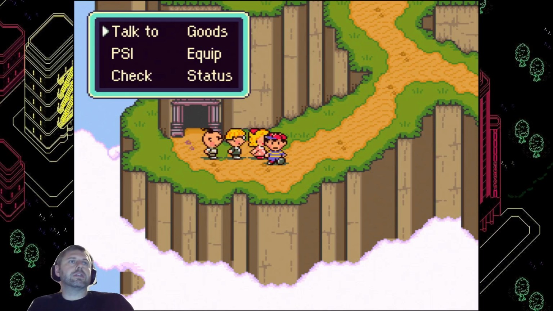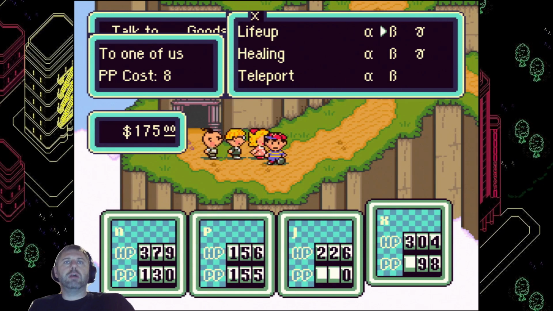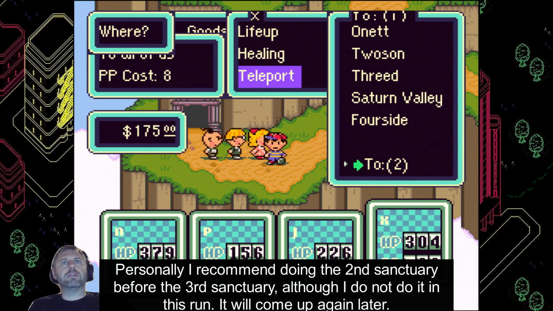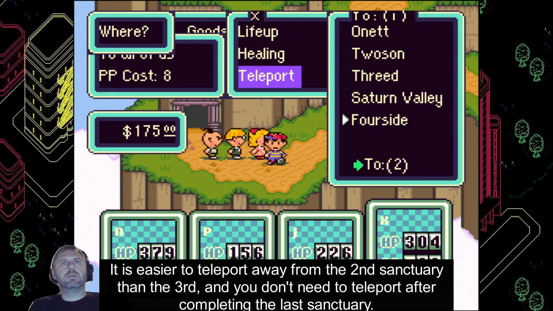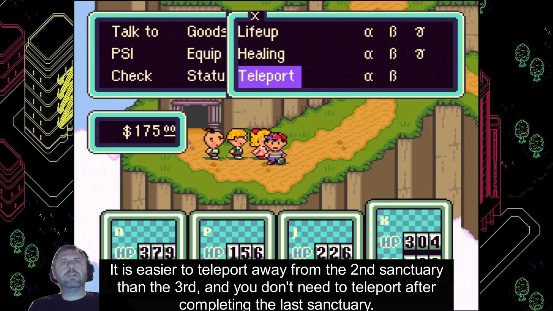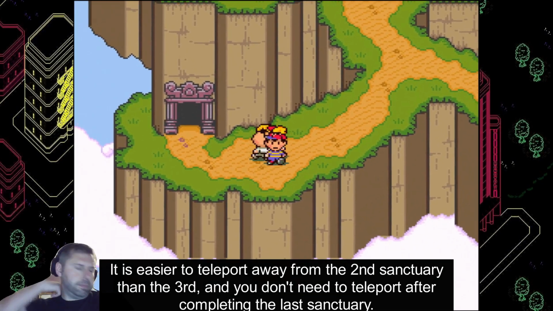Deep Darkness next. Normally, I would be going straight to Saturn Valley, but I'm out of multi-bottle rockets, and that's not okay. So Deep Darkness it is. Actually, I'm going to need an ATM first. Where's the fastest ATM location? Maybe it is Saturn Valley. I'll just do Foreside because I know there's one by the...